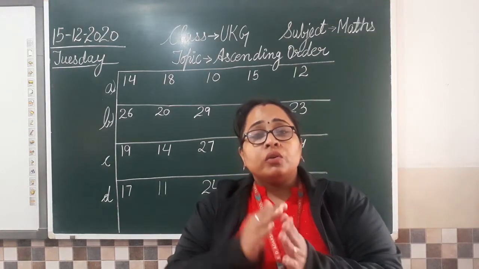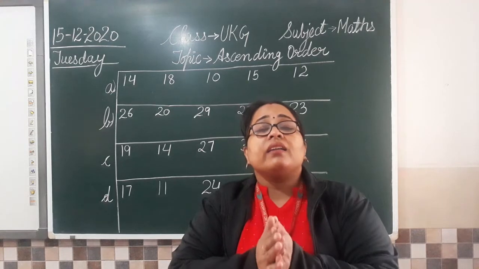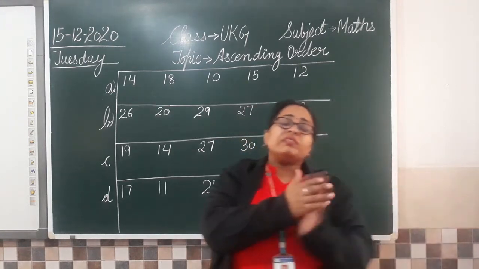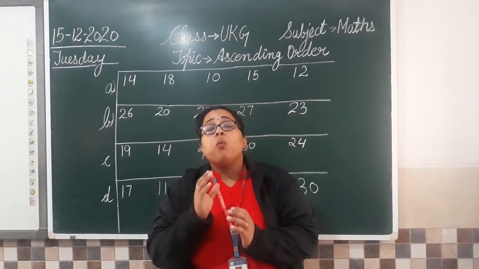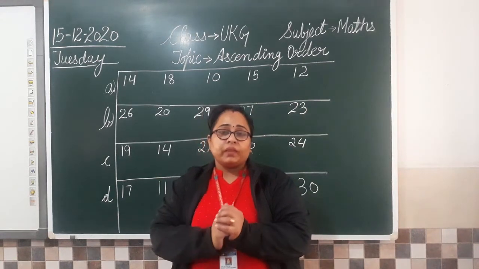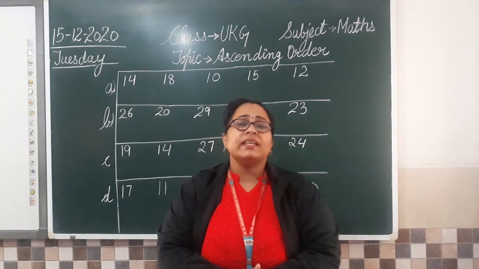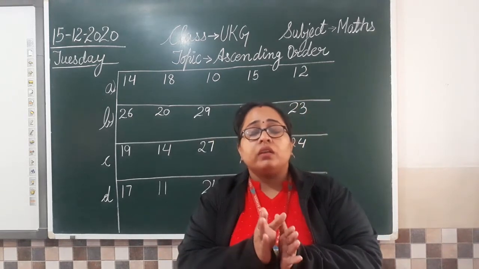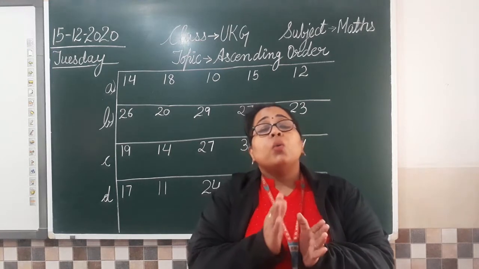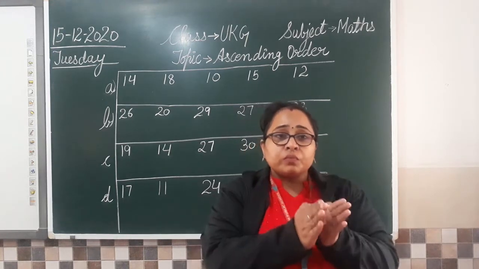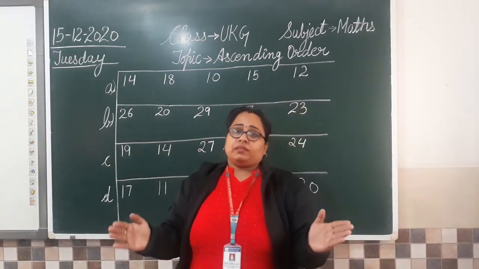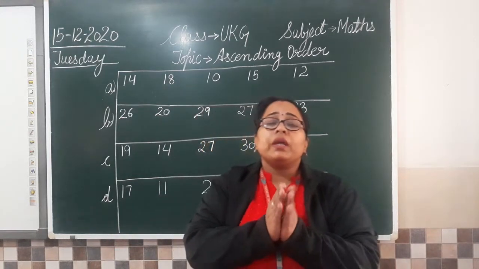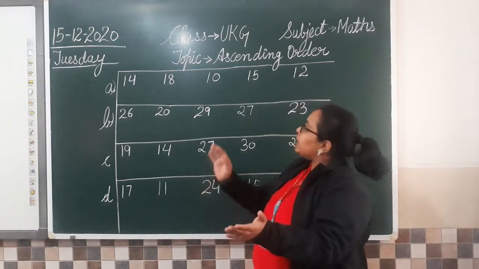We are going to do it again, that is ascending order. So you remember that in your previous class I taught you what is ascending order. Can anyone tell me what is ascending order? The order of numbers, in the order in which we write numbers from smallest to biggest. Isn't it? That is what I told you, that whenever we are given a group of numbers, so